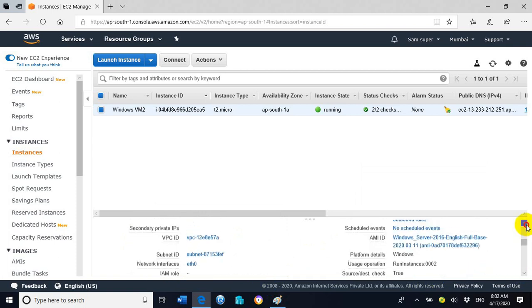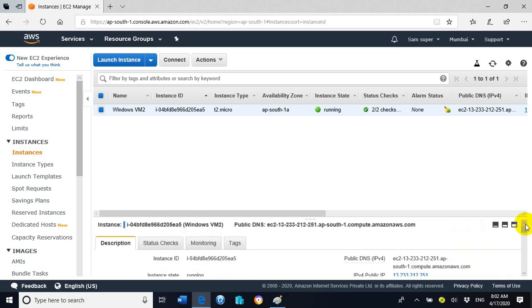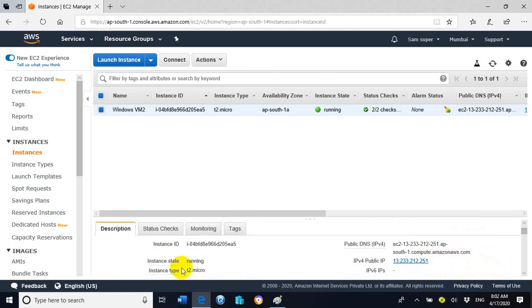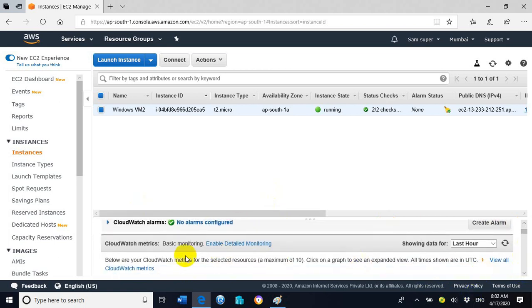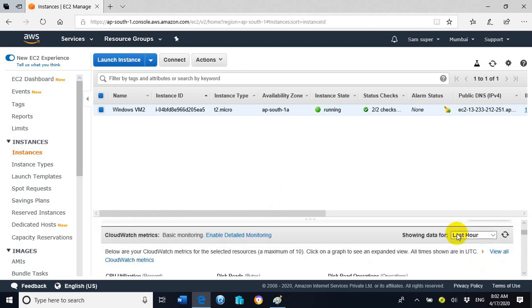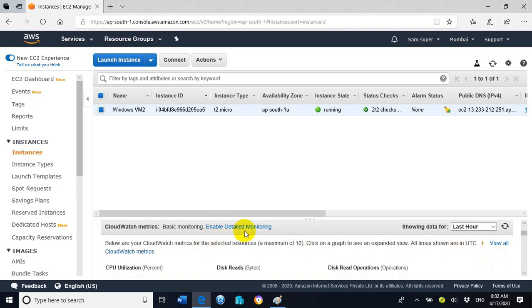Now next step we will perform how to access the EC2 instance with the help of the RDP console. Before that I would like to show you, if we click on monitoring, what it will show you. It will show you the CloudWatch alarms. So CloudWatch we can enable if you want to monitor our EC2 instance, but it will cost you extra. But we will do it later. For the time being we don't require to enable the CloudWatch.